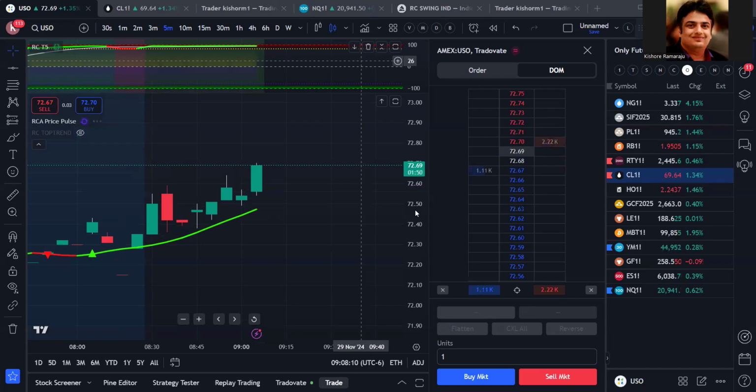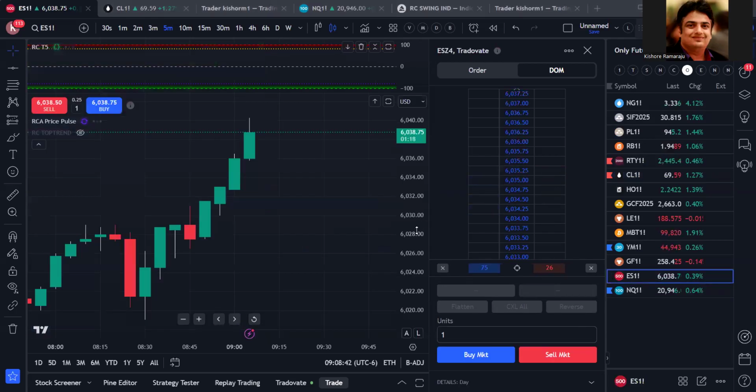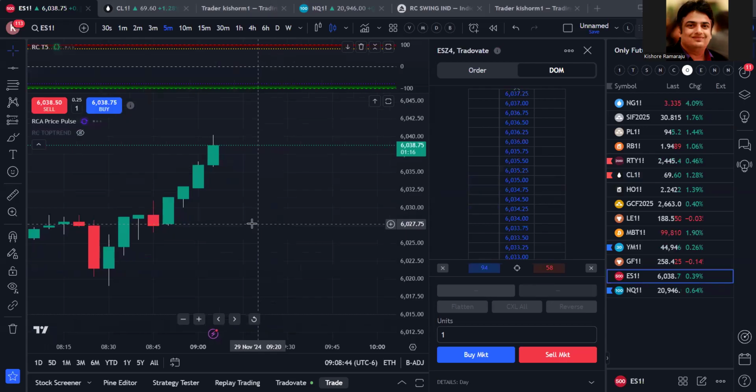That's it, everyone. Anyone has any questions? Triangle means basically this is telling it will go up. Right? If you see USO, which is an ETF for crude oil, it went all the way up. This also went all the way up. Same thing with